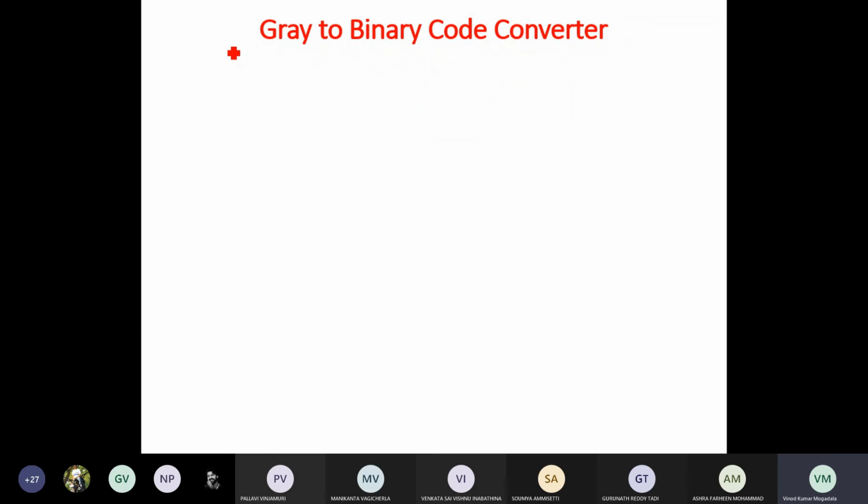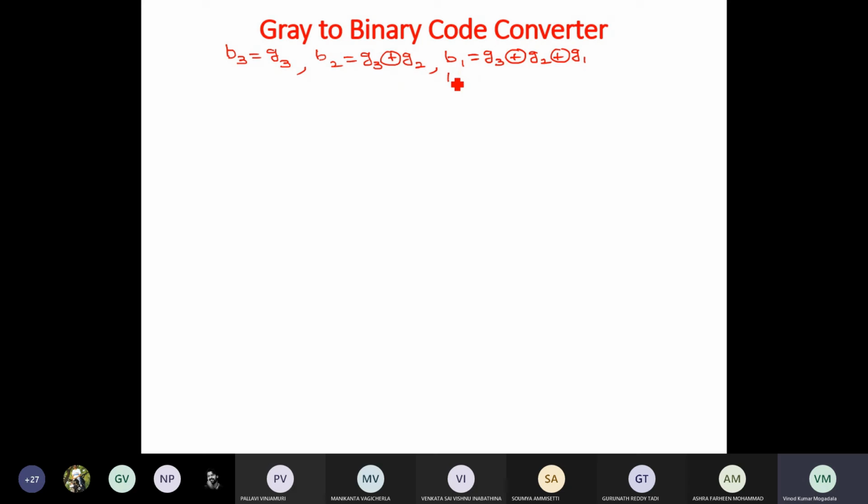So for B3, it is simply G3. For B2, it is simply G3 XOR with Z2, right? And for B1, it is G3 XOR with Z2 XOR with Z1, right?